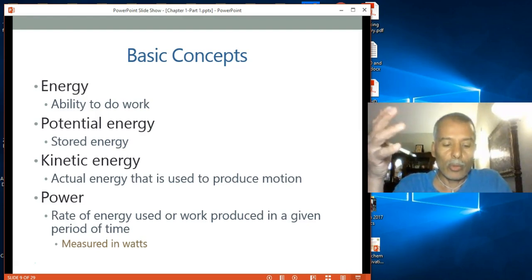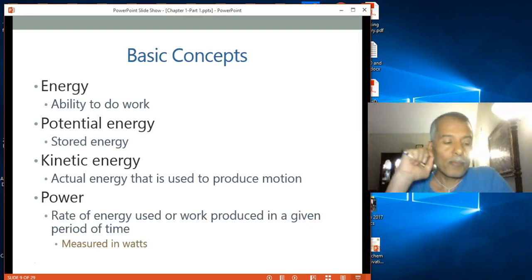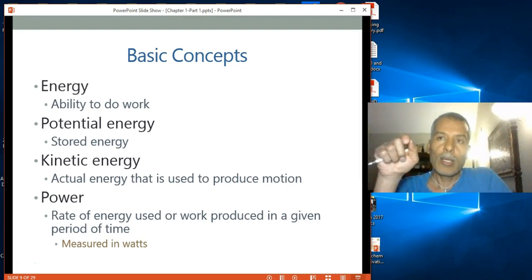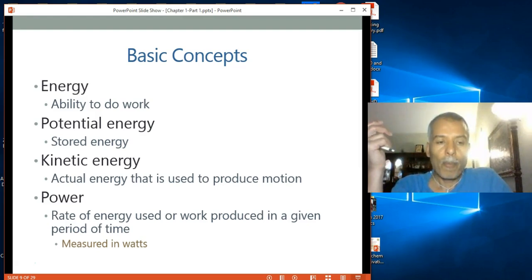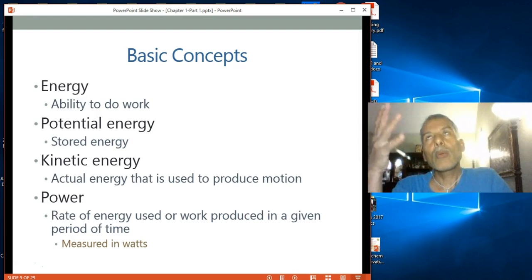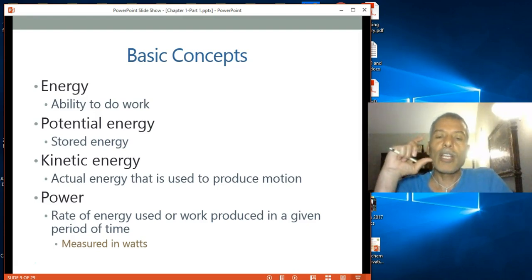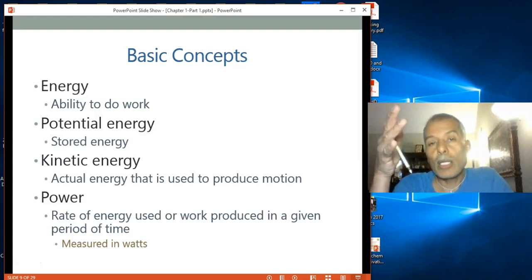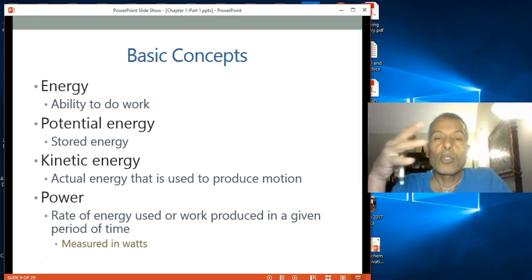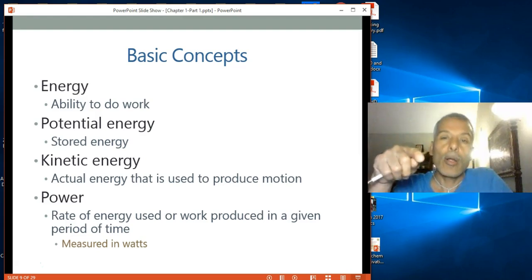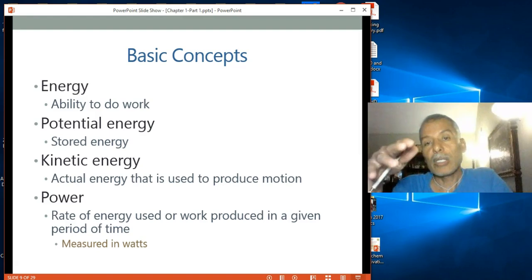An easier way to explain it also is you have a light bulb, and when you put the switch on, that light bulb is consuming energy. So you say, how fast? Well, if you leave it running for 1 hour, it will consume, let's say, 40 watts in 1 hour. 40 watts of energy is going to be consumed by the light bulb in a single hour. There are light bulbs that are going to consume 10 or 12 or 13 watts per hour. And obviously, the less they consume, the better, because that will help us